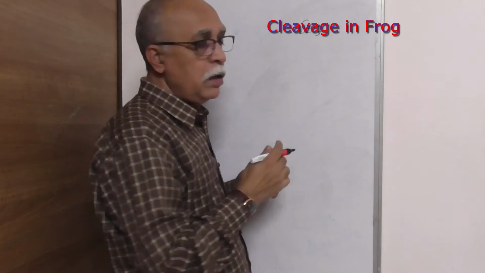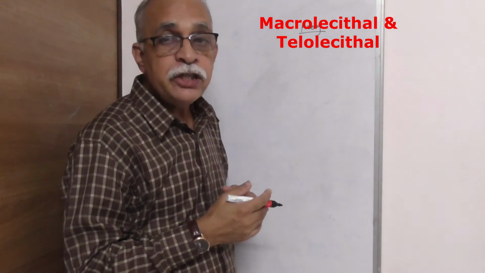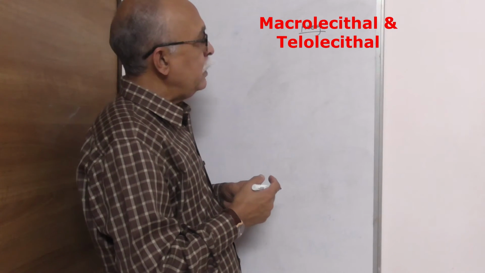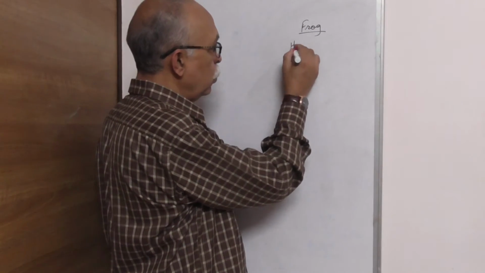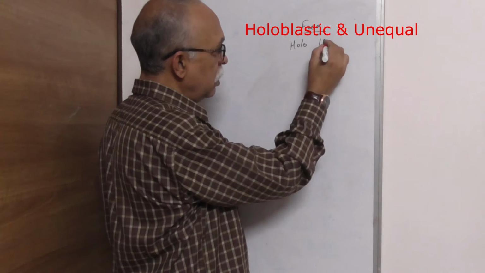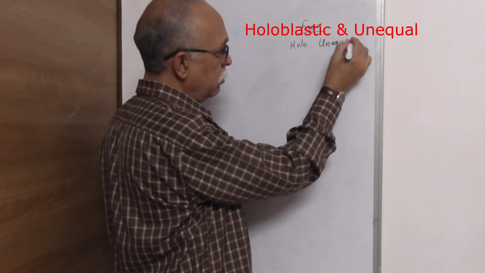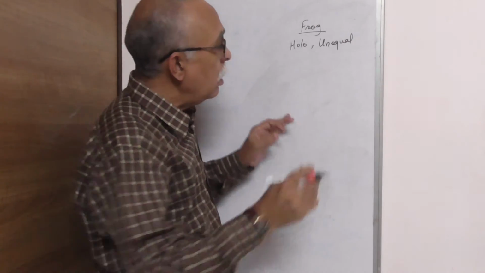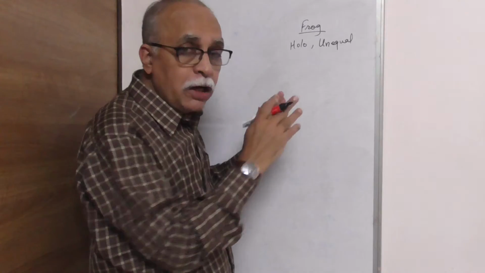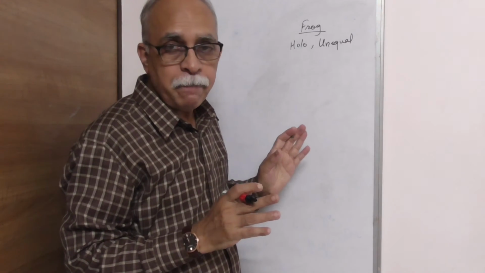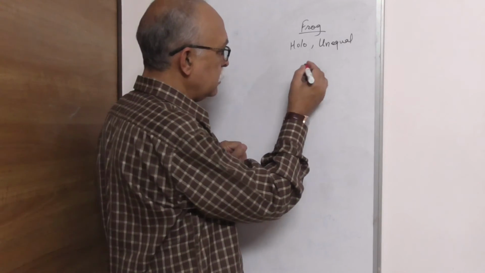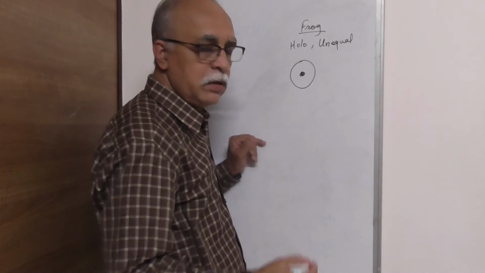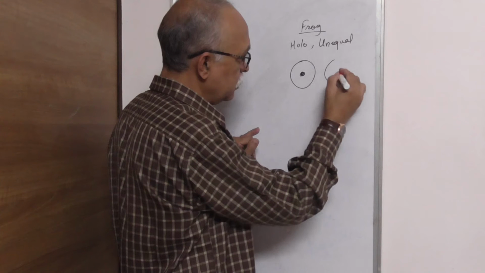We have called it a macrolecithal and telolecithal egg cell. So the cleavages are holoblastic but unequal. That is, complete daughter cells will be formed, but the daughter cells need not be of the same size and shape. Here what happens, suppose this is the zygotic cell, as usual the first cleavage is